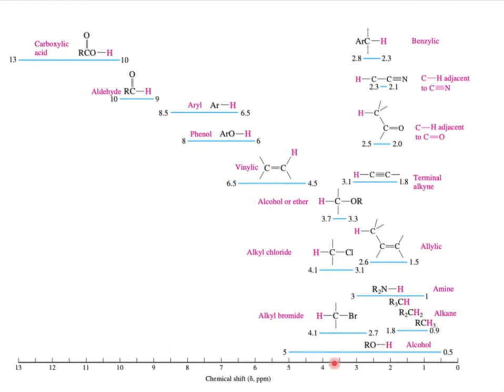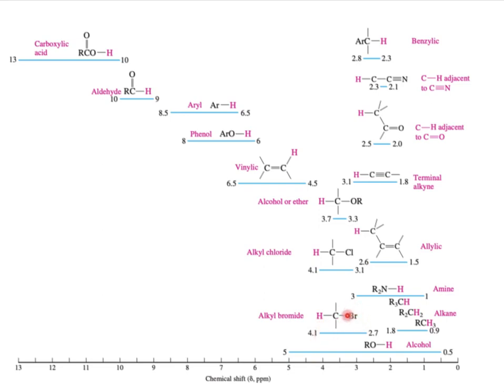So this one is alcohol. The alcohol region starts from 0.5 to 5, right? And then this one is the alkane, which is at a low frequency region. And then this one is the bromide attached with the carbon. The proton attached with the carbon which has the bromide has a frequency of nearly 4.1, because